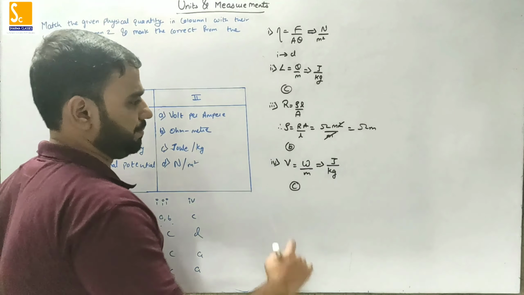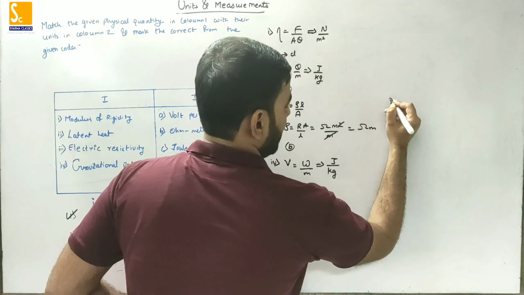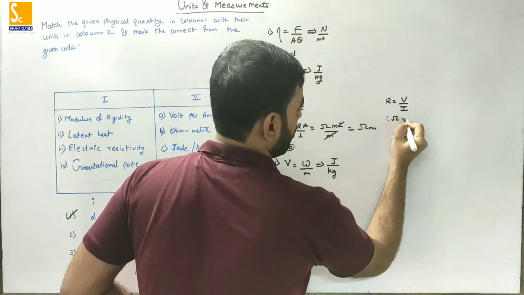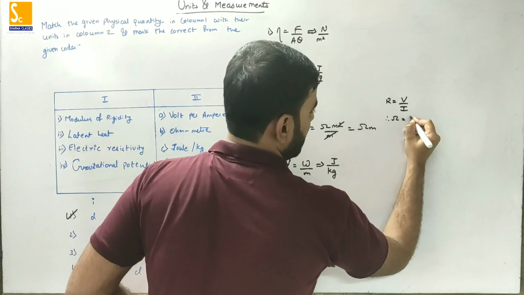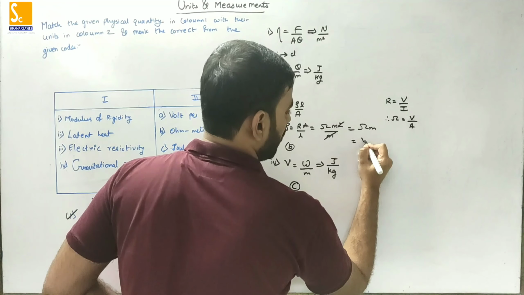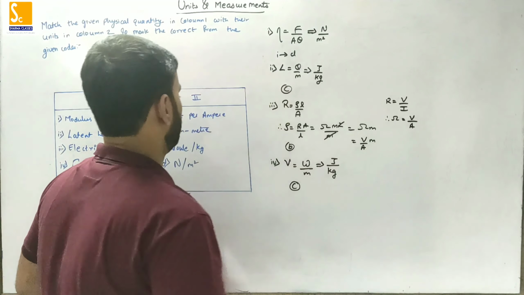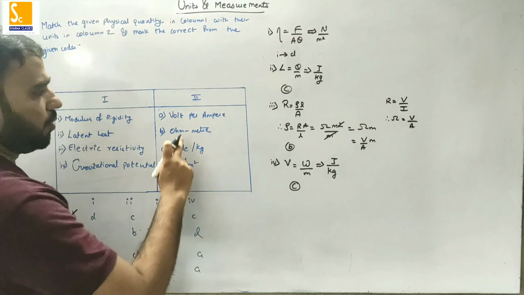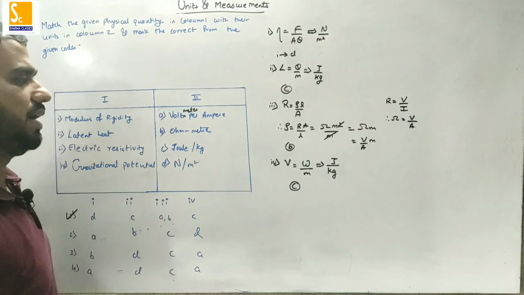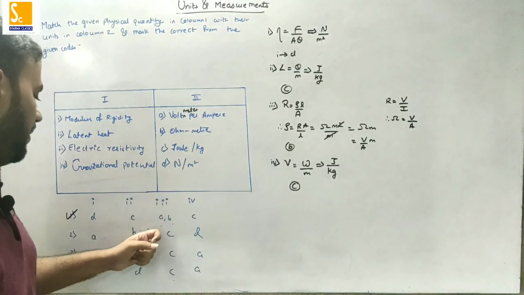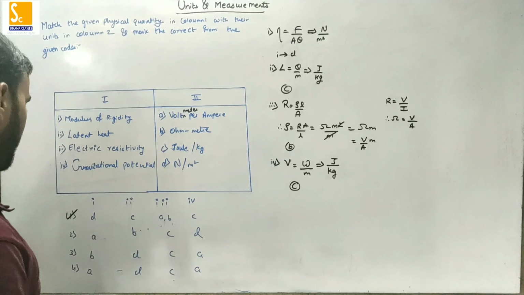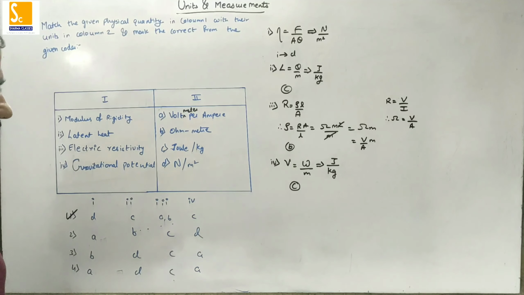Okay, fine. Let's start with this part. See, we know that R is nothing but voltage upon current. SI unit of resistance is ohm. SI unit of potential difference is volt. SI unit of current is ampere. So ohm की जगह हम क्या लिख सकते हैं? Volt upon ampere into meter. Okay. So I think this option is wrong. This should be voltmeter per ampere. So voltmeter per ampere होगा तभी हमारा आंसर करेक्ट होगा. So this is A, B. Clear? Fine. So according to this, option number 1 is correct one.